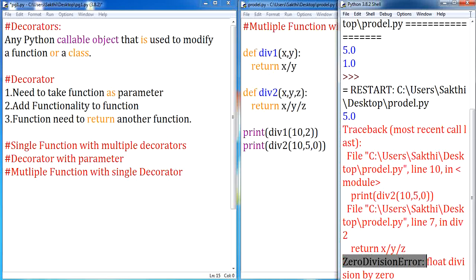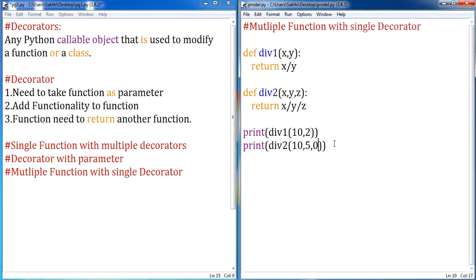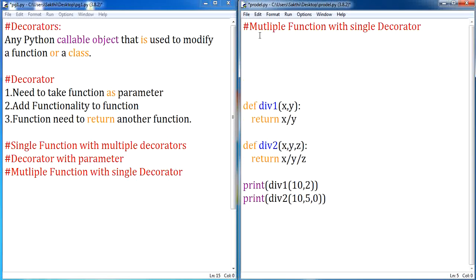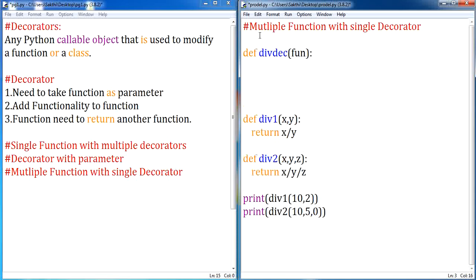Now we are going to decorate this function where you are going to handle this zero division error. So let me go ahead with the implementation of the decorator. Let me give divdec as my decorator name, and here let me receive my function to be decorated as fun, and the inner function div inner.